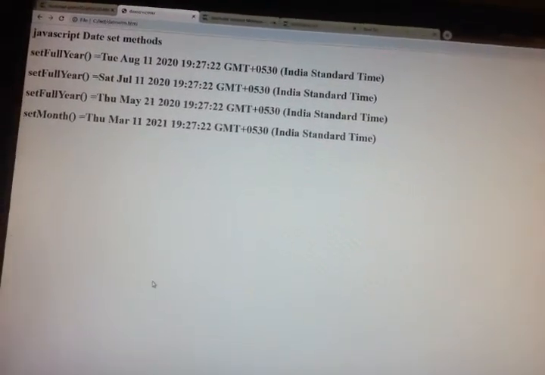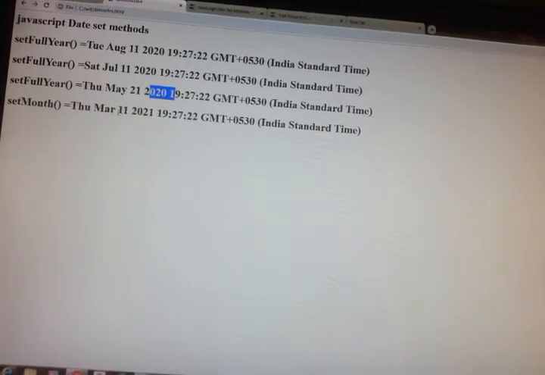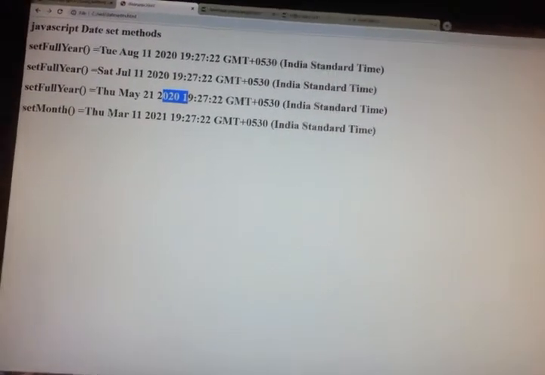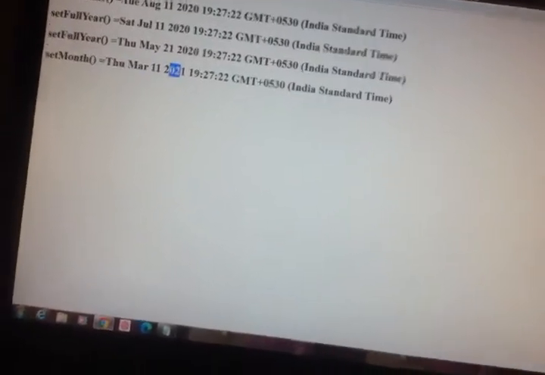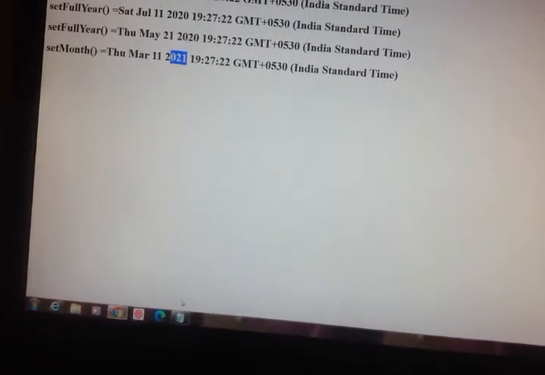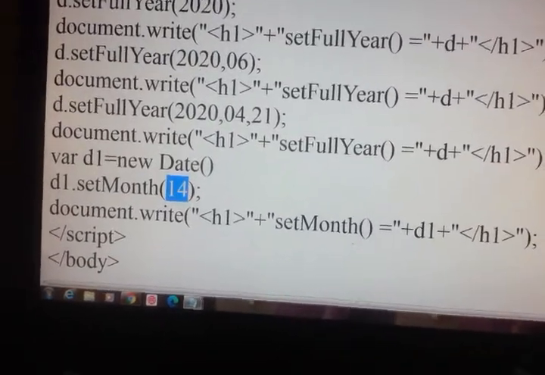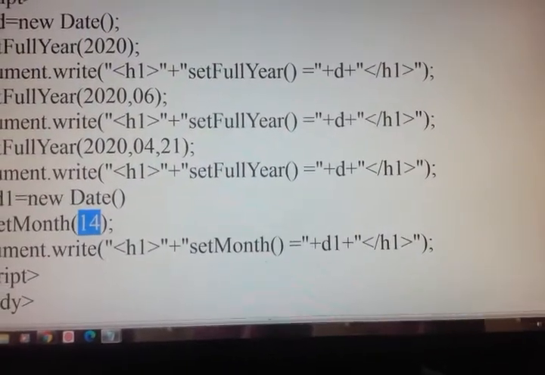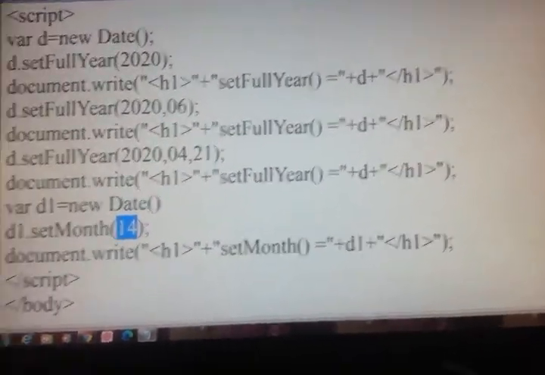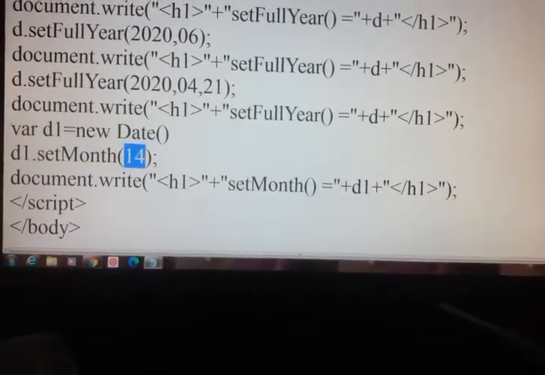And if you observe, it is 2020, and now as I have increased the range, I am getting 2021. Here I have given 14, meaning it goes to the next year. So as the range is from 0 to 11, from 12 onwards it is going to 2021.